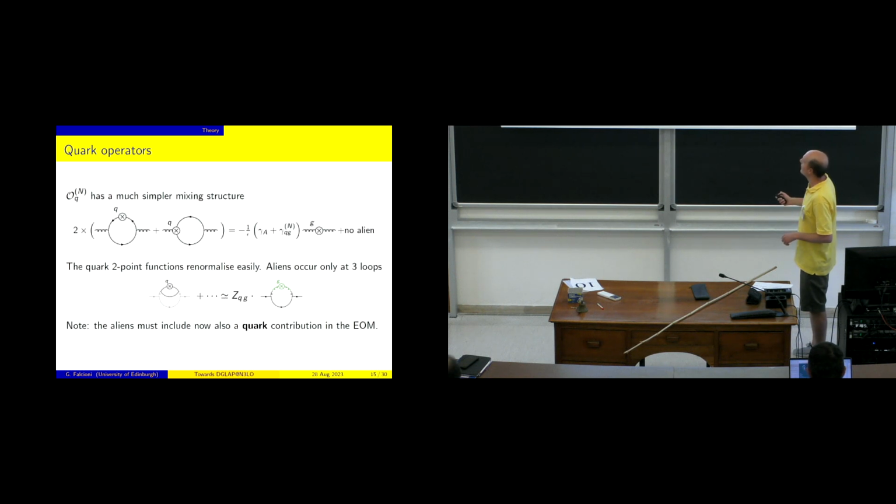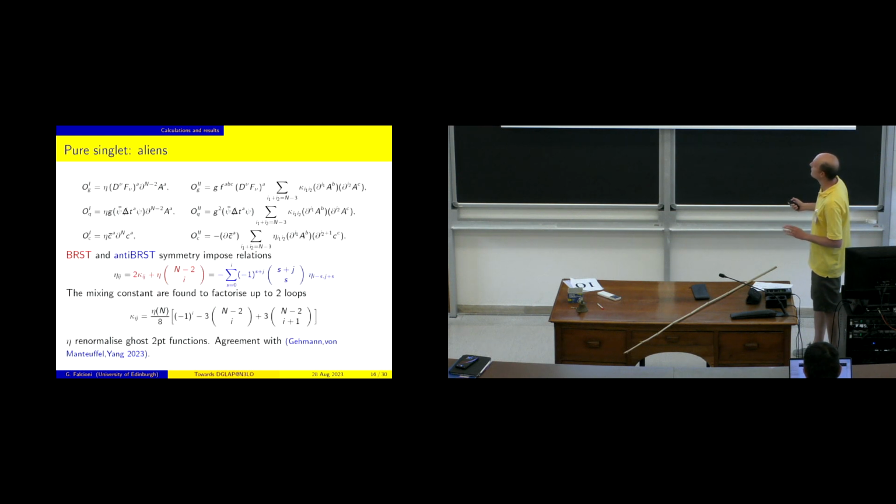So once I replace this bubble into a 2-loop case, I can see that the 2-loop renormalization doesn't need any alien in this case, only the physical one, and I will need alien only from 3 loops onwards. Of course, one caveat is that now the equation of motion will change, and you have to add this term in the operator that I showed before. So armed with this consideration, we started, of course, renormalizing quark operators, which are simpler, and we don't need all the huge towers of operators as before, but just 2.